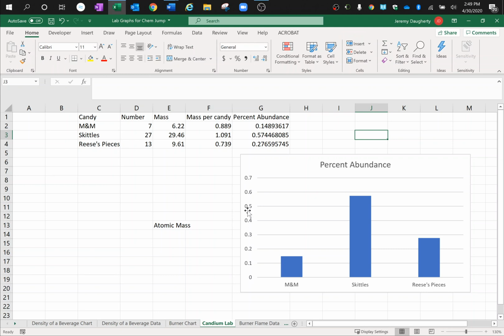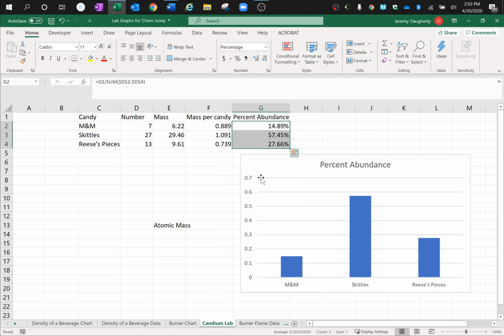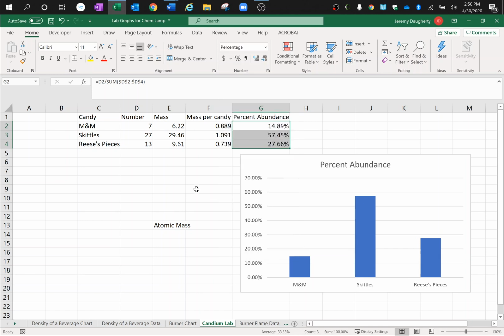Notice this is given the fraction here. I don't want this to be the fraction, and that's what this is showing me here, the fraction. I want this to be the percentage, right? So I'm going to highlight these three, and then go up here, and I'm going to click percentage. Boop, and then whoop, automatically over here, percentage. All right. Now, the other problem is these are not arranged from lowest mass to highest mass, which I want